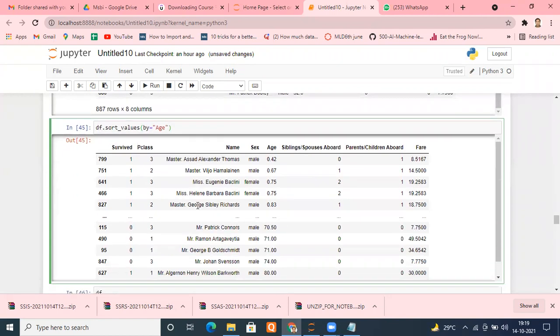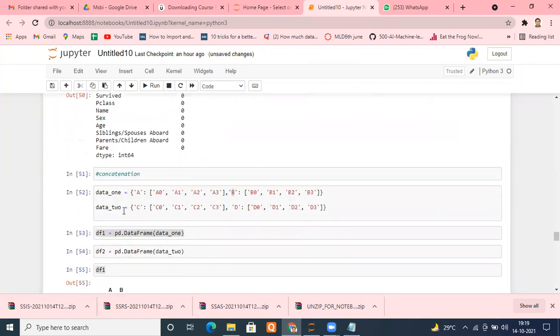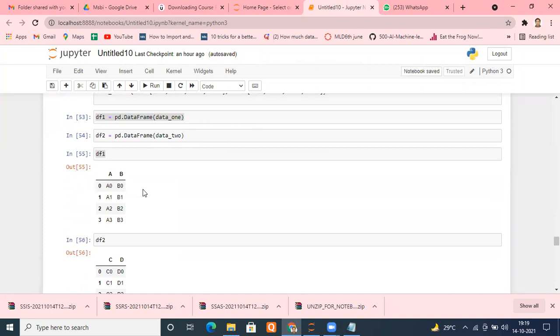Okay, so tomorrow, probably in 30 minutes, I will be finishing this portion, merging and concatenation, and we will be starting our data visualization tomorrow itself. How to do data visualization. A small glimpse I've given you by using .plot.bar. Okay, I've given a small hint to you. You can take any numerical data set and do easy plotting. Just very easy, I'll tell you, don't worry about it. But visualization is very important.